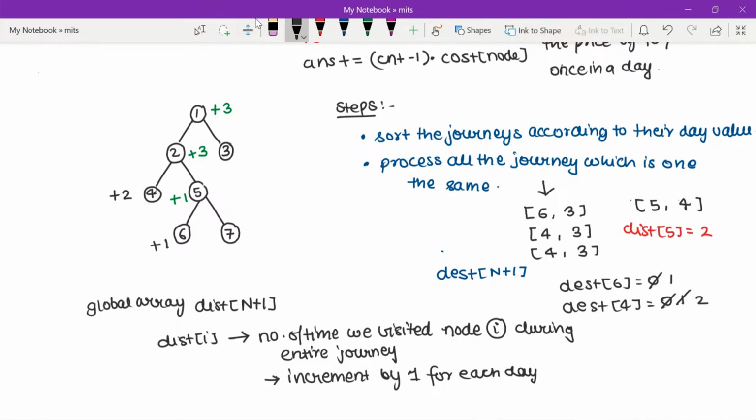Let's say we have another journey from 1 to 4 on day 2. So in this case, after processing all the days, the distance of 4 is equal to 2. That is, we visited 2 times on day 3 and 1 time on day 2, right? So I can use at most 2 coupons here for the node 4. I can use at most 5 coupons. I can at most use 2 coupons for the node 5,